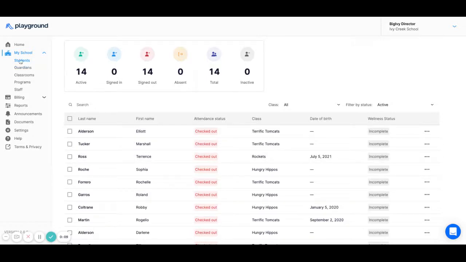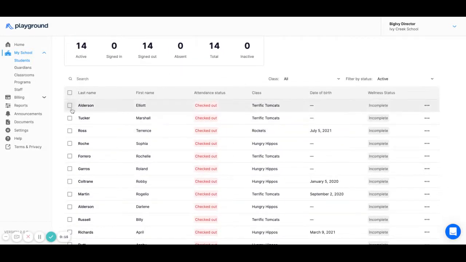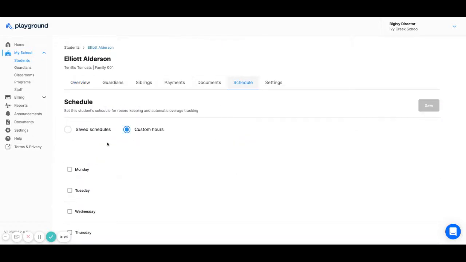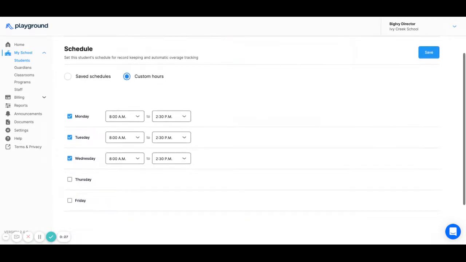To manage student schedules, first you'll navigate to the Students tab inside of the Administrator dashboard. From here, you can either work on a per student basis by clicking their name and then clicking on the Schedule tab. And here you can either set custom hours for this student. So here we'll set them from 8:30 to 2:30 as a custom schedule for them, and we'll click Save,